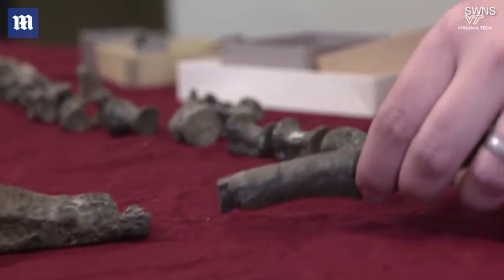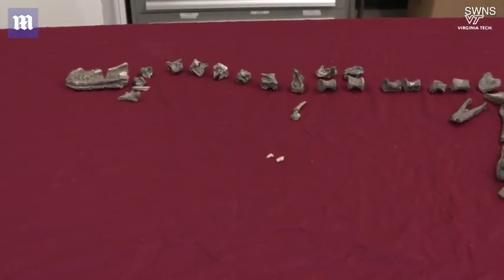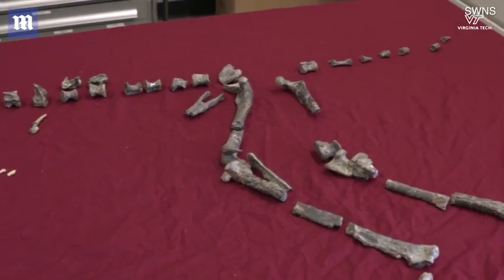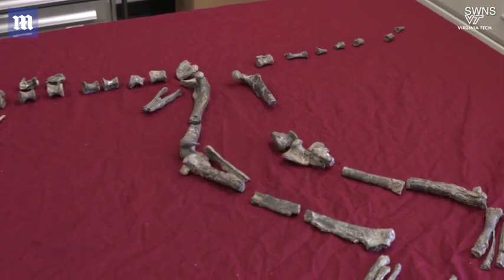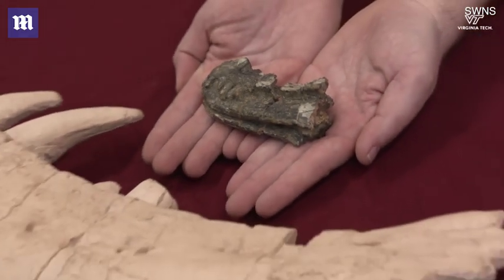We have most of the hind limbs and the vertebrae and parts of the skull, so it doesn't have that typical T-Rex look to it. It's much smaller. About 3 feet tall at the hip, 9 feet in length, and weighing up to 90 pounds, the miniature relative of the Tyrannosaurus rex would be only slightly longer than the entire skull of a fully